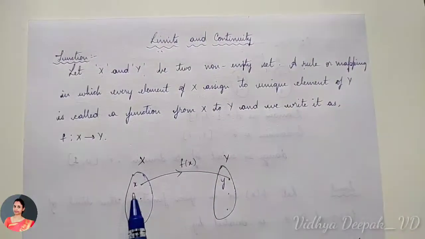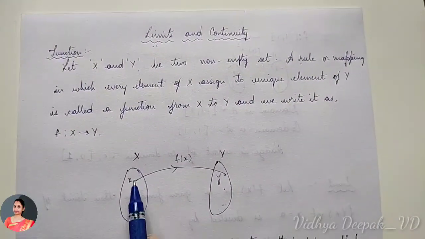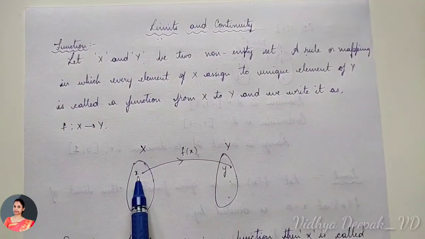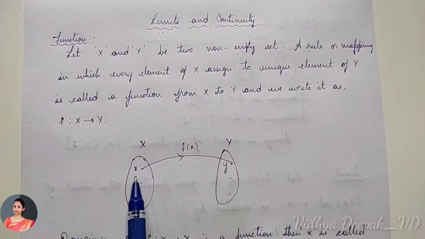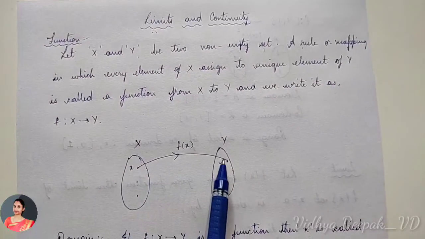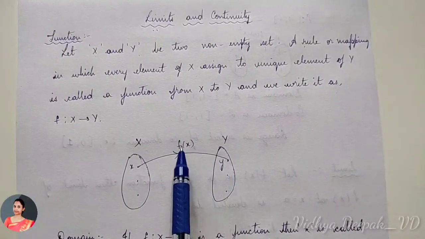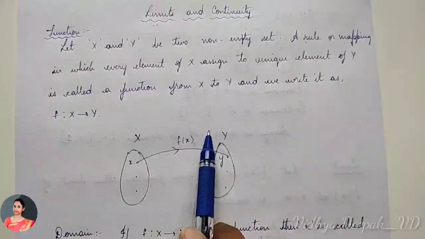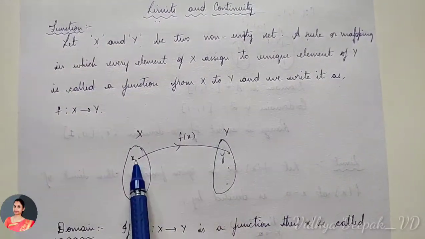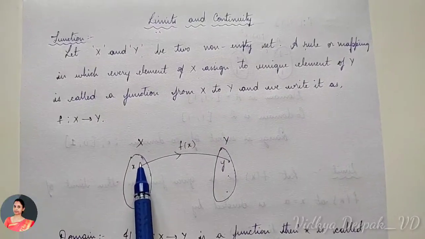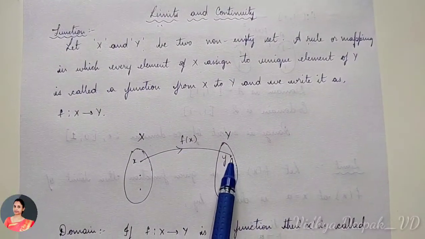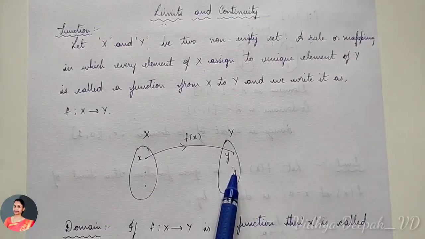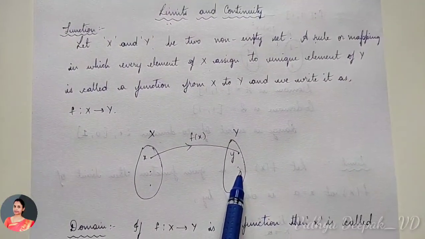That means every element, say these dots are elements of x and these dots are elements of y. So the first element I'll take to be x here and the first element to be y here. So there is a mapping from x to y. So what is the mapping? Mapping is f of x. So f of x can be, say, f of x is equal to x square. That means here in the place of x, if I have 1, it becomes 1 square here. What is 1 square? It is 1. If it is 2, it is 2 square, that is 4. That is an example.